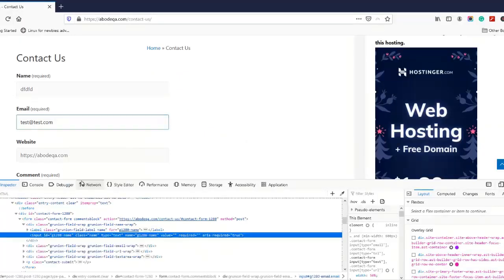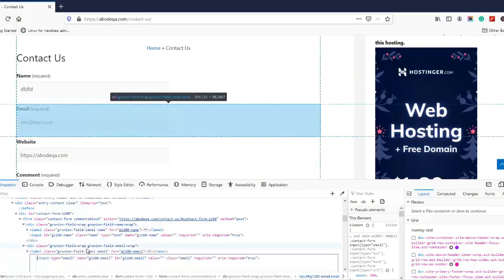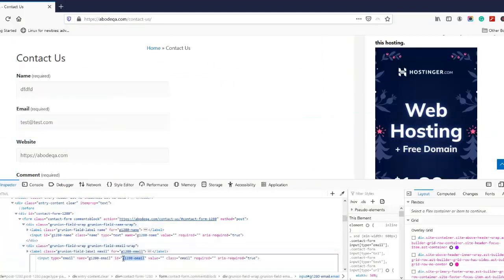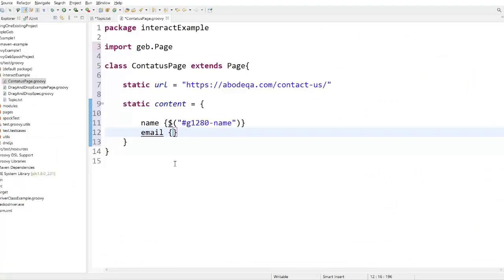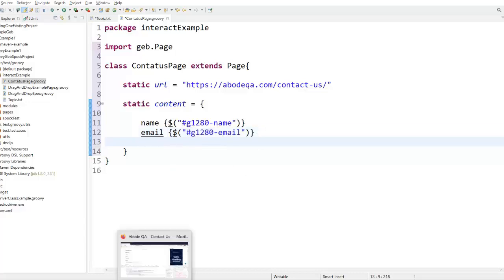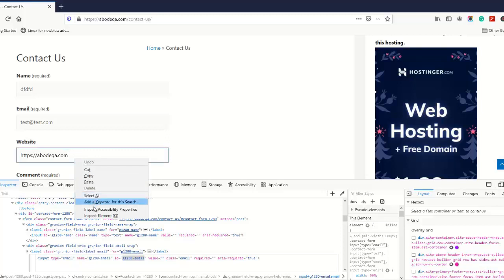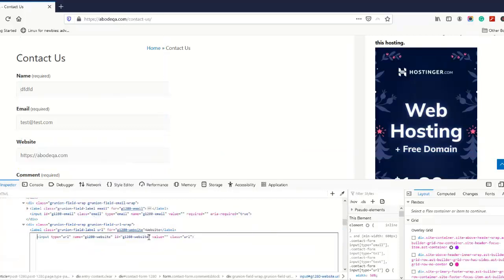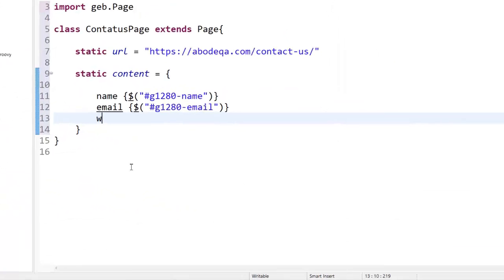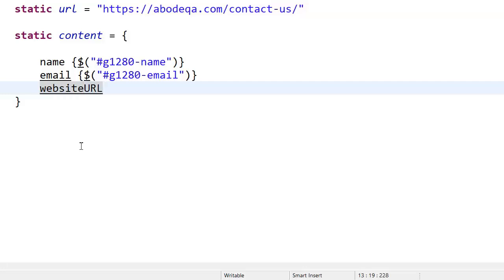Let's inspect this element as well. Again I am editing, and here I am copying the ID value for the email. Again curly bracket, dollar, bracket, double quote, hash for ID and the value of the ID. Now let's get back for the website. Inspect this, copy the value of the ID attribute, and write websiteURL, let's say, and again write dollar, bracket, double quote, hash and the value.